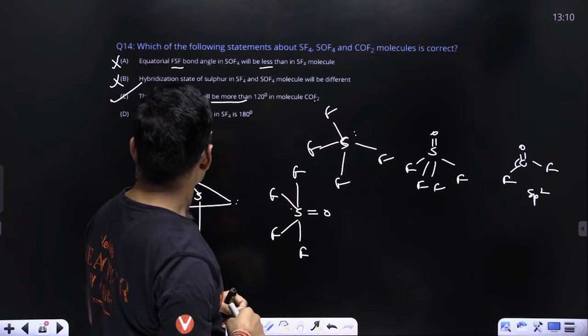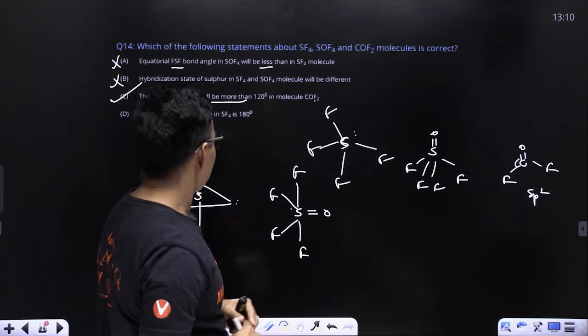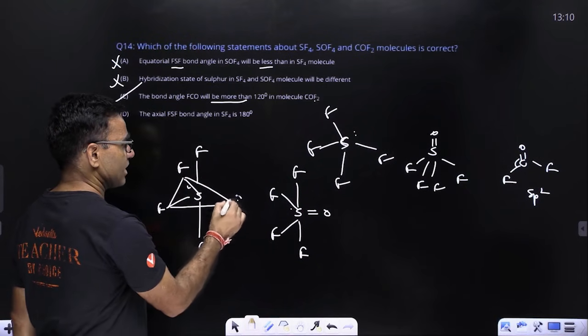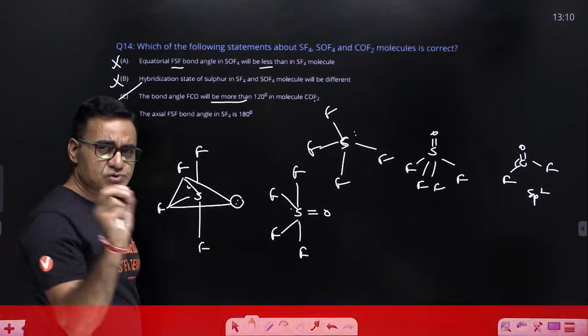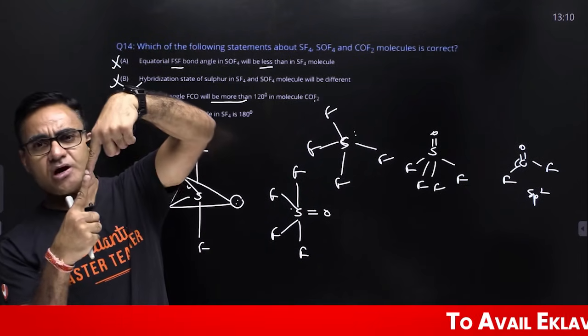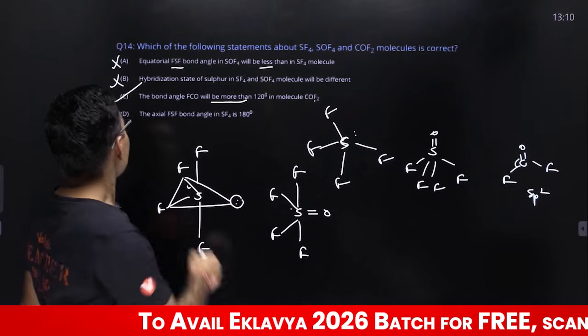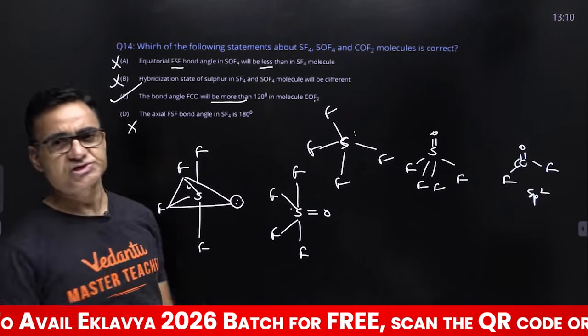The axial FSF bond angle in SF4 is 180 degree, not possible, क्योंकि ये 180 तब होता जब यहाँ लोन पेयर नहीं होता, इस लोन पेयर का इस बॉन्ड पेयर से कुछ तो रिपल्सन होगा, तो ये बॉन्ड एकदम सीधा होना चाहिए, थोड़ा टिल्ट हो जाएगा, टिल्ट होने की वजह से परफेक्ट 180 डिग्री का एंगल नहीं आएगा, तो ये भी इनकरेक्ट स्टेटमेंट है। ऑलराइट,